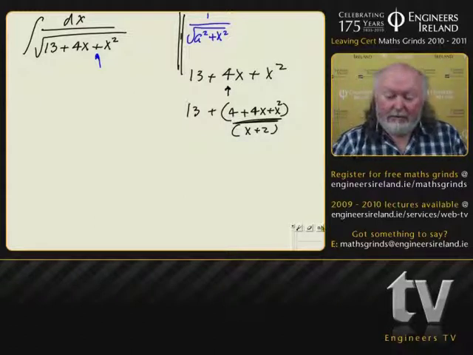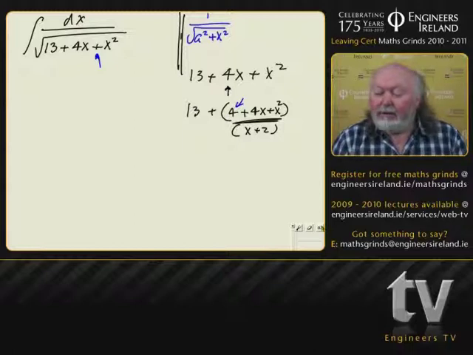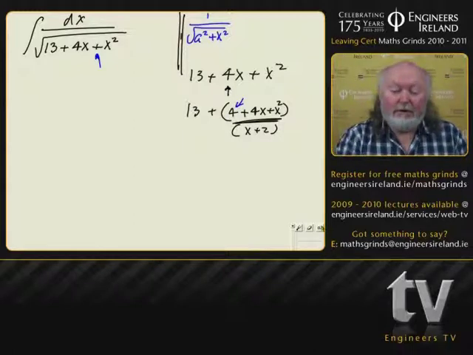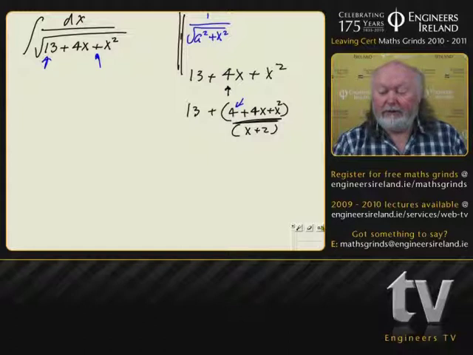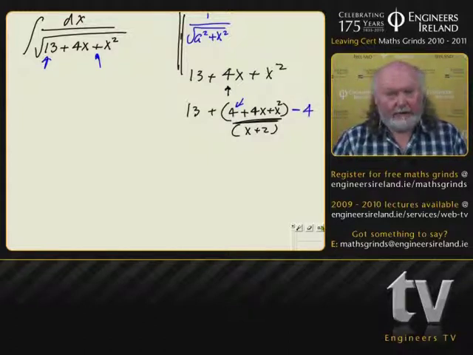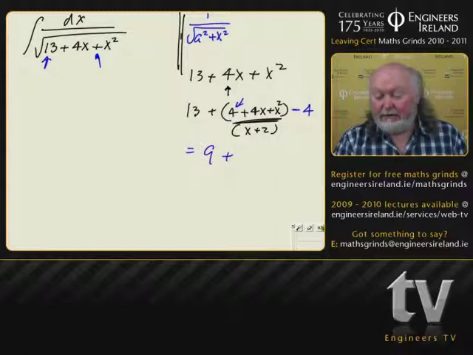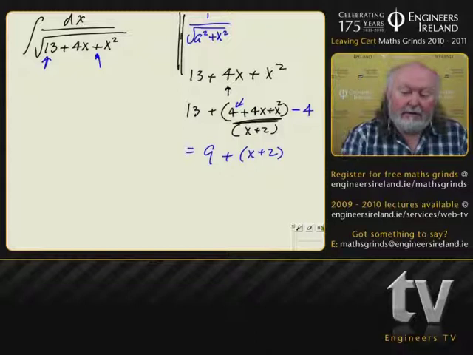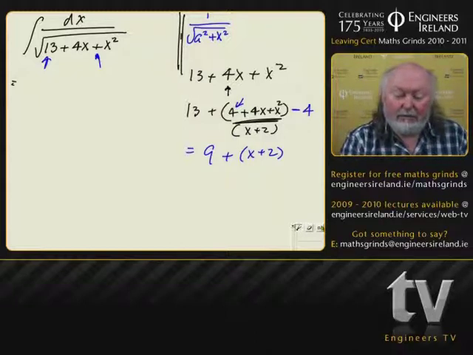But you'll notice we have 4 too many now. 4 and 13 will give us 17, whereas we started with 13. So I will have to take away 4. That's outside the bracket. So I now have 9 plus x plus 2. So this equation up here can now be replaced by